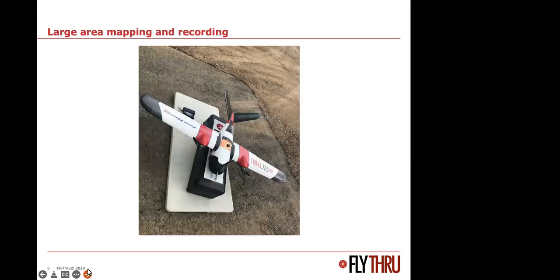The other system we use is fixed wing. So a big plane, if you like, that is 2.8 meters across. So it takes a little bit more consideration in terms of where you're going to take off and land. It's a hand-launched system. Carries a Sony 42 megapixel SLR camera, A7R, used for doing large area mapping. Now, if you consider that this, with 2 batteries in it, will stay in the air for over an hour and a half, it will cover a distance of over 300 kilometers.